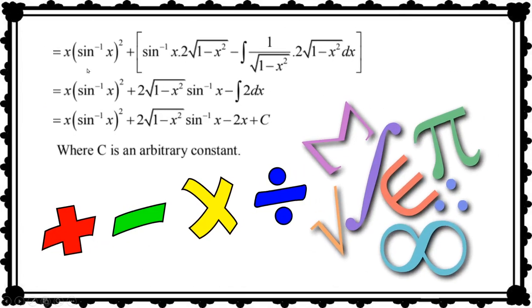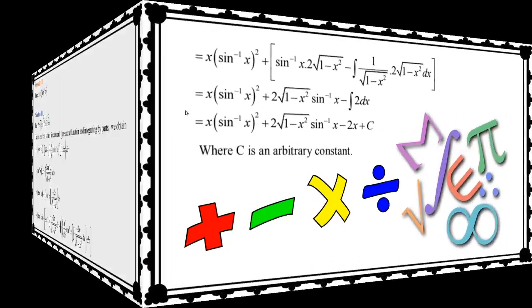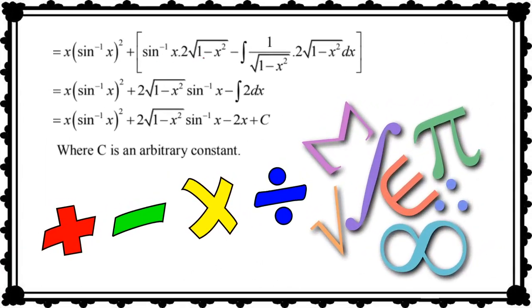We have a little long calculation here, but I think now you know very well how to integrate and how to take the derivative of these terms. This is very simple. Now x sine inverse x whole square, because what was the last step? x sine inverse x whole square. So the first term we are writing as it is, sine inverse x, and now the integral of this thing, 1 upon 1 minus x square, is the antiderivative of sine inverse x. So we have written sine inverse x, 2 into root 1 minus x square, minus integral of this thing. This and this cancel, integral of 2, which is minus 2x, and this is the answer.